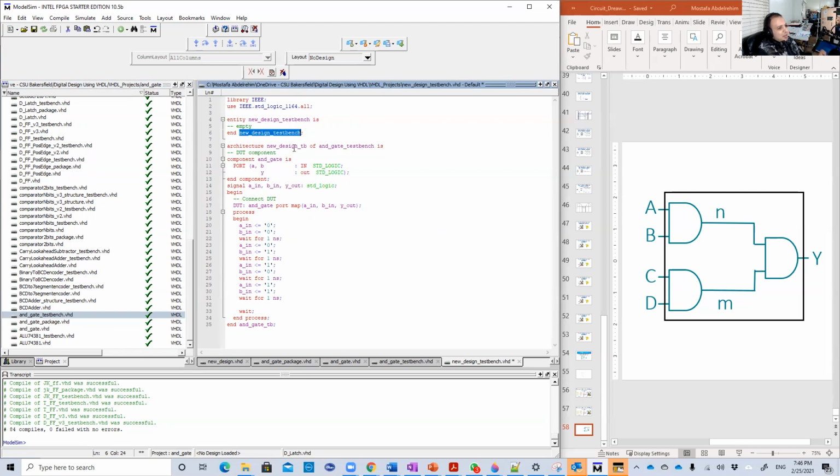Just naming. And whenever you choose here, you should write it again here. Copy and paste is the best way. And don't forget the semicolon. This architecture of this design, not the AND gate. So we should change this as well. And save. Then,